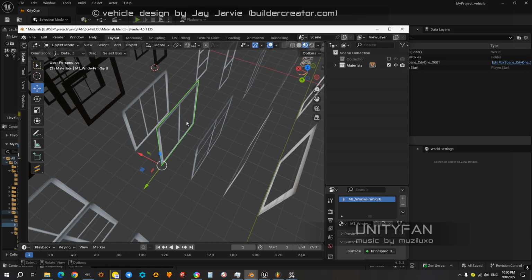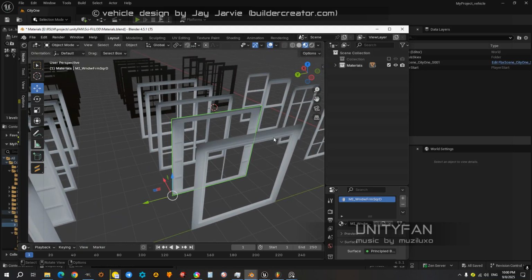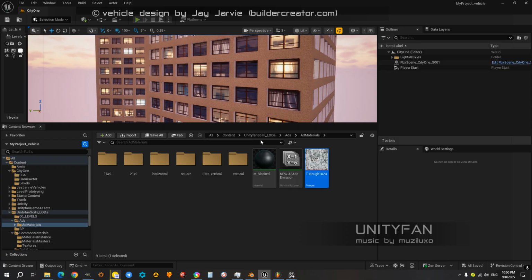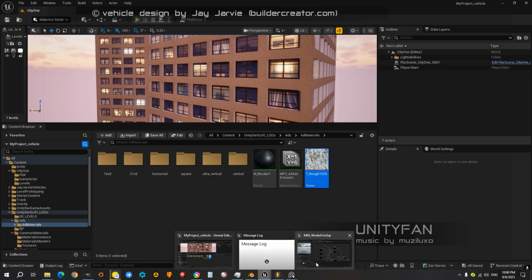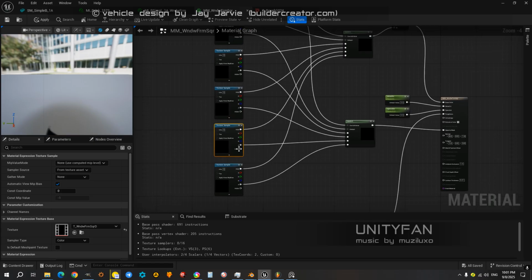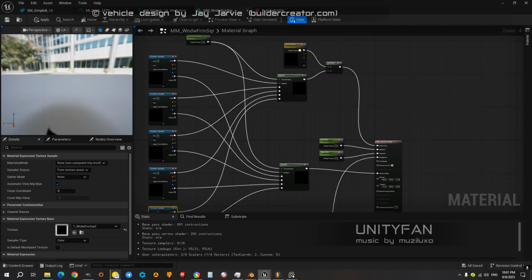There are 5 different types with 5 different designs on them, and it's basically these PNGs. I named them just window frame square, like A, B, C, D, E, and the way they are connected